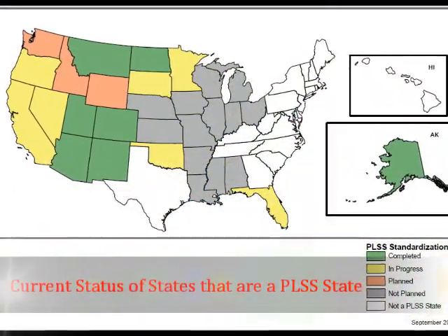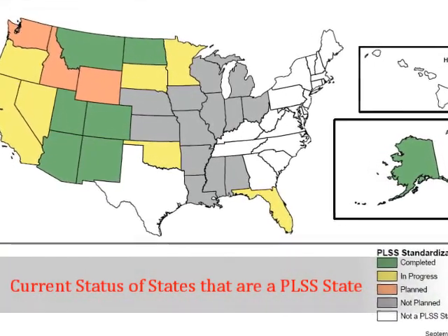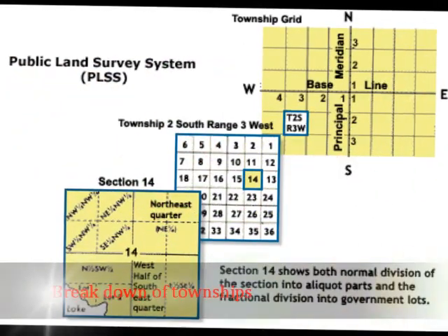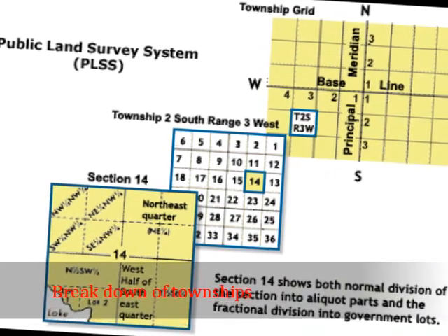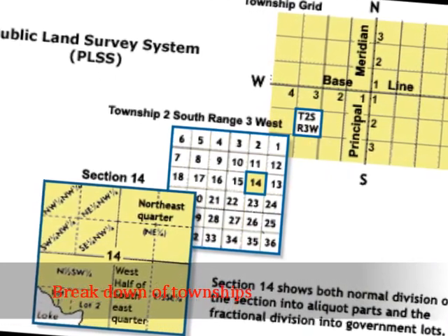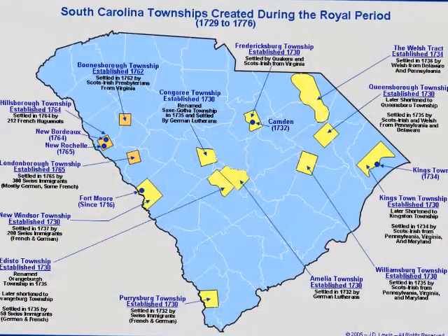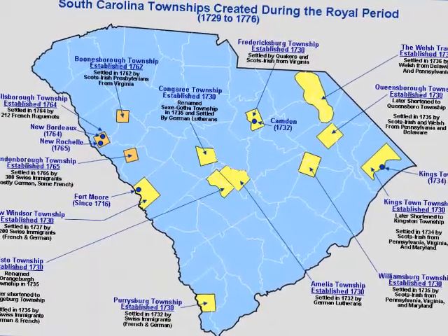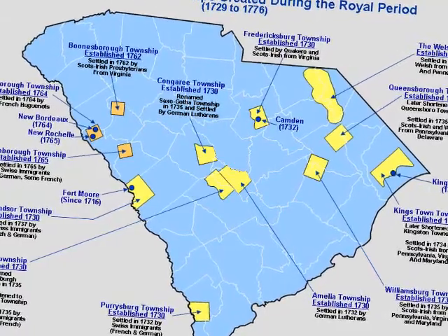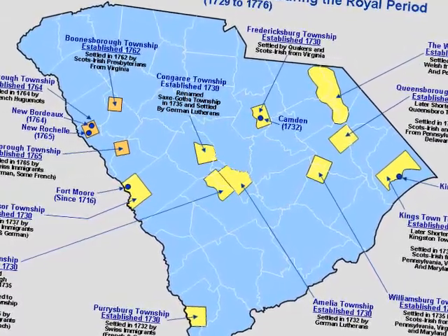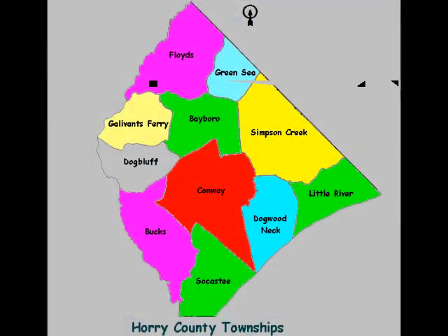The east and west line that runs through the initial point is called a baseline. This line is perpendicular to the principal meridian. Each township is identified with a township and range designation. Township designations indicate the location north or south of the baseline, and range designations indicate the location east or west of the principal meridian. For example, a township might be identified as Township 7 North, Range 2 West, which would mean that it's the 7th tier of townships north of a baseline and in the second column of townships west